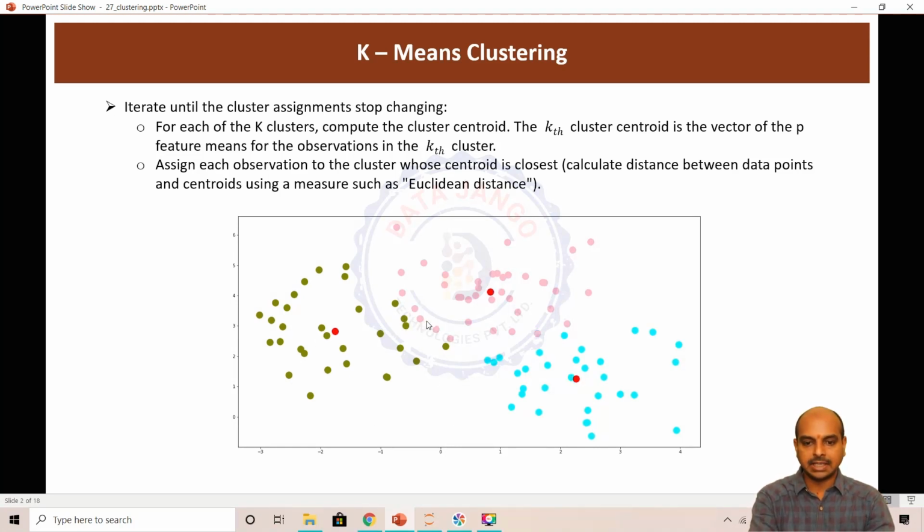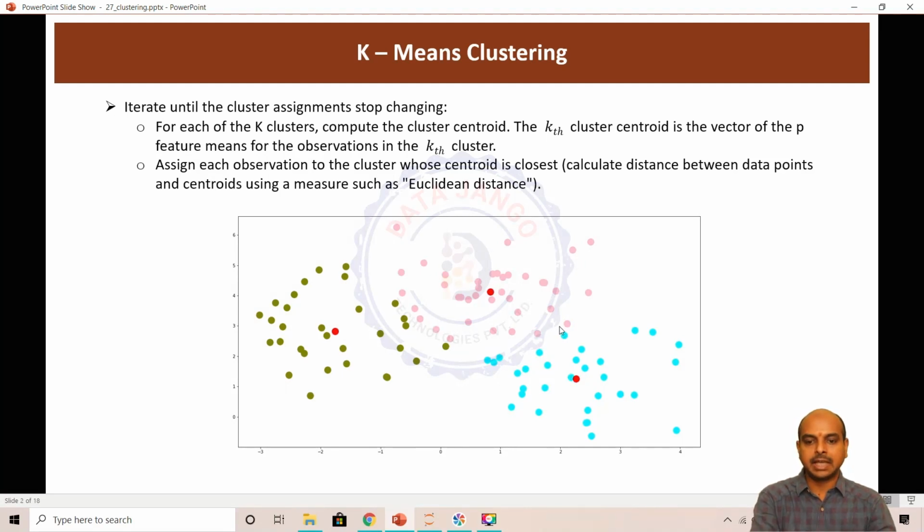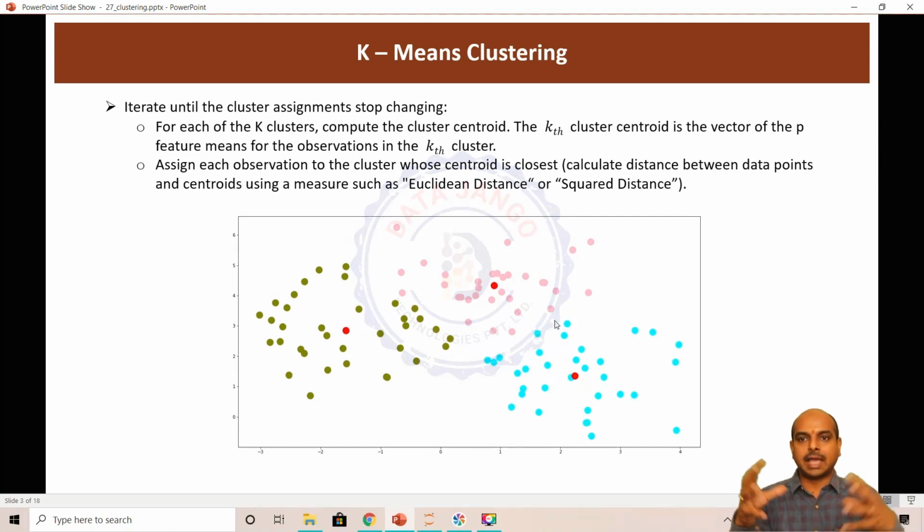So if you look at this, in this particular setup, in the second iteration, we have these 4 data points belonging to the second cluster, but these 4 data points came into the first cluster because these data points are close to the first cluster centroid after calculating the mean. Similarly, here also you can see some change, right? These 2 data points belong to cluster 2, but after calculating the mean of the data points and then reassigning the cluster centroid,